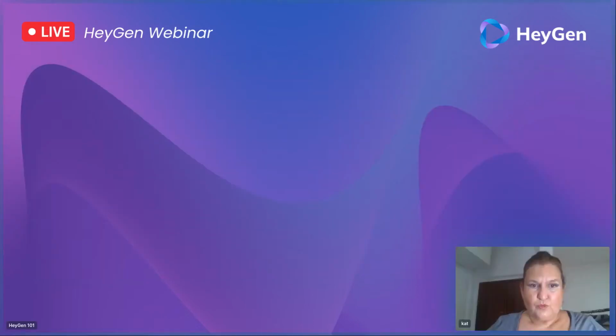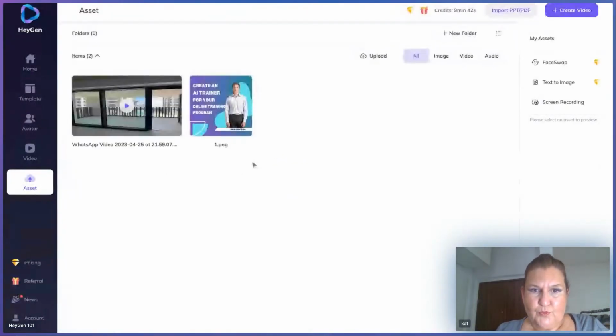Okay. So first of all, we don't have the feature to do on-page screen recording at the moment yet. You will have to rely on third party software to do that first, and then you can upload the screen footage to the asset. I can just quickly demo that. Over here, in the asset part, you just upload, and then you will be able to see your screen recording over here, and then during editing the video, you can just add it into the camera.